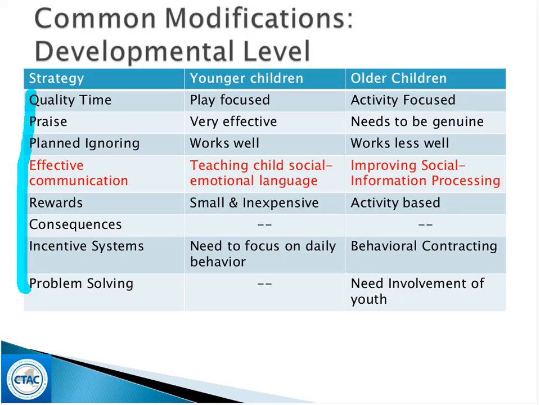For older youth, there's often a poor social information processing that also adds to the complexity to their behaviors. So studies on social information processing have found that youth with disruptive behavior disorders often attribute malintent to others' behaviors, often come up with limited solutions to address others' behaviors, and often rely on more aversive or aggressive solutions.